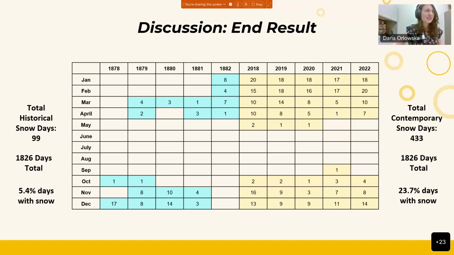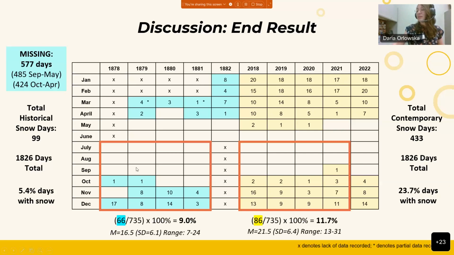However, as we looked at missing data, we found that there is quite some missing data because it is a lighthouse keeper, a human being who is going out with a journal every single day and recording the snow or the weather. And there are chances that he was sick or that he had other obligations or that life got in the way. It is very difficult to be consistent if you are a single human being collecting data. So when we actually look at the missing data within our data set, all of a sudden we're missing